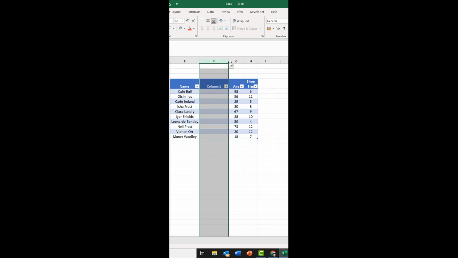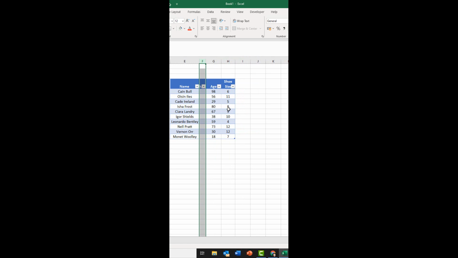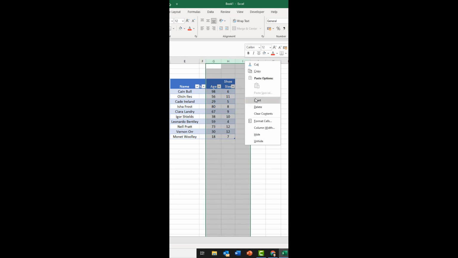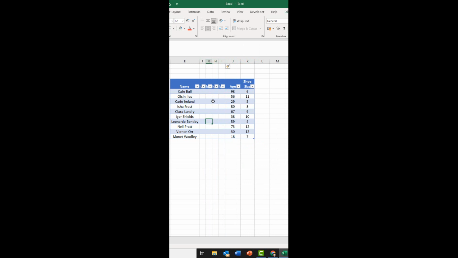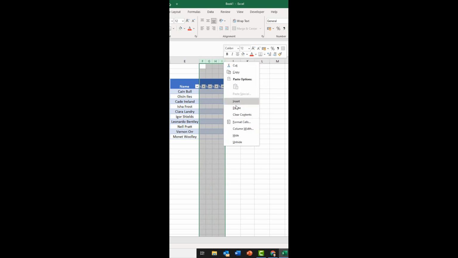Now it's possible to get more than one blank column at a time. If I wanted, say, 3 blank columns, I'd highlight 3 rows at the top, right click and then insert. And you can see 3 new columns have appeared. If I want to delete those columns, I can highlight the columns I want to delete, right click and then